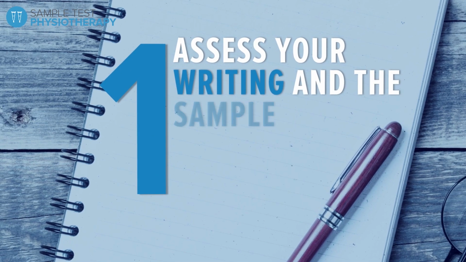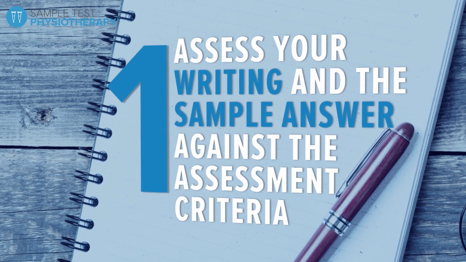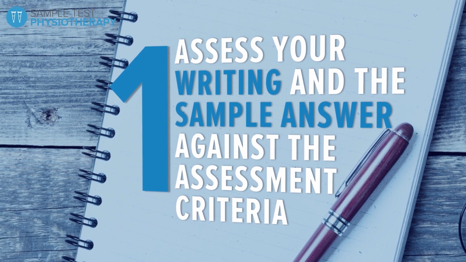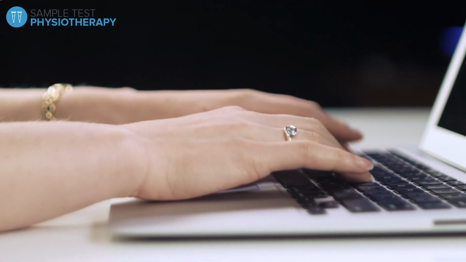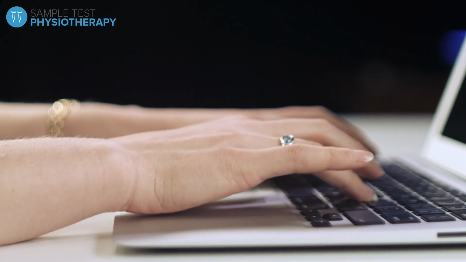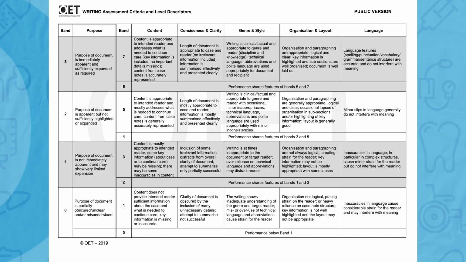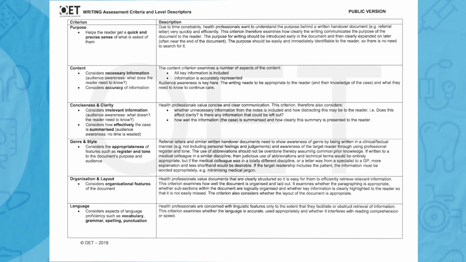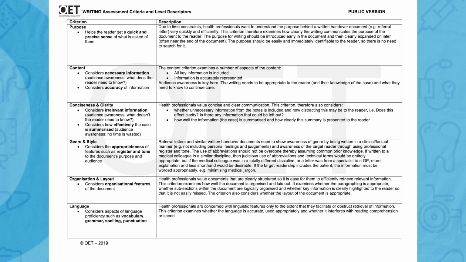Assess your writing and the sample answer against the assessment criteria. The criteria are free to download from the OET website and contain both a description of the 6 criteria you are assessed on, as well as the evidence of what the assessors are looking for to be able to score you at the different levels. Take each criterion in turn, read the evidence statement for each level, and critically decide which statement is the best